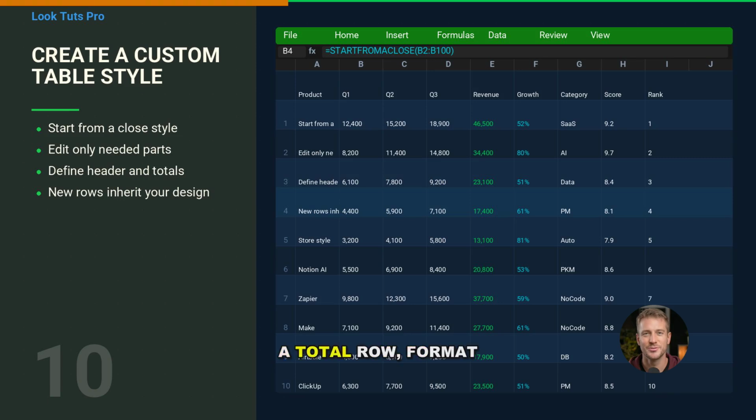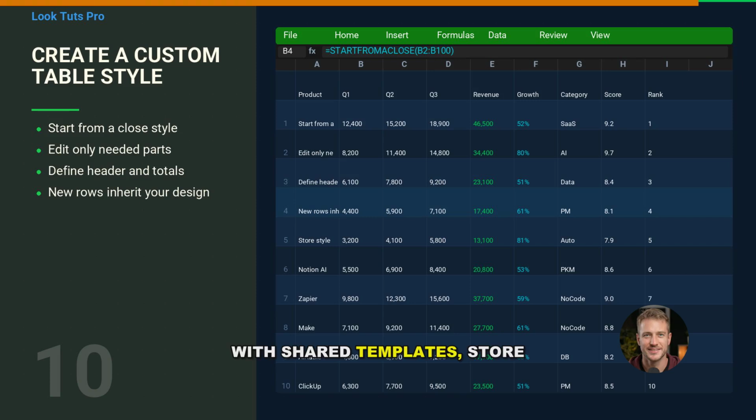If you use a total row, format it too, because Excel treats it as a separate part. The advantage is huge. Every time the table expands, the new cells inherit your approved design. No more manual attaching. This also helps across multiple tables because you can apply the same custom style consistently. One caution: custom styles can be workbook specific. If you copy a table into a new workbook, the style may not come along unless you copy the style or the table correctly. If you work with shared templates, store the style in the template file, so it's always